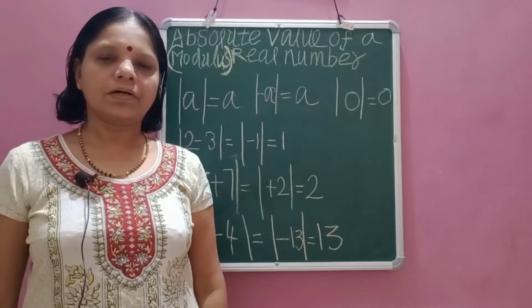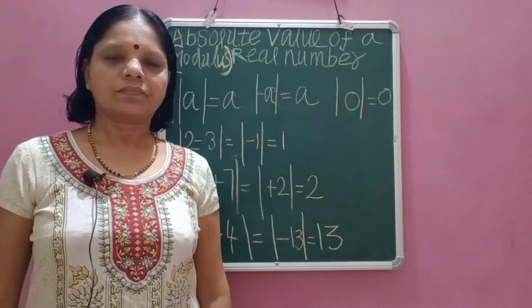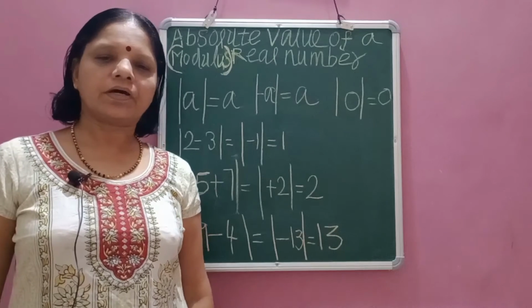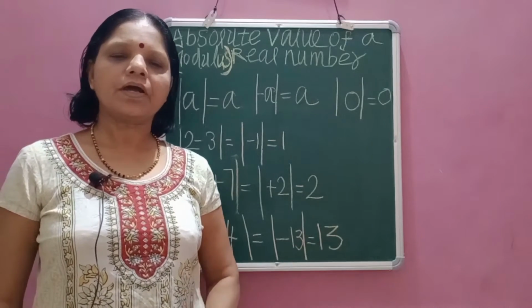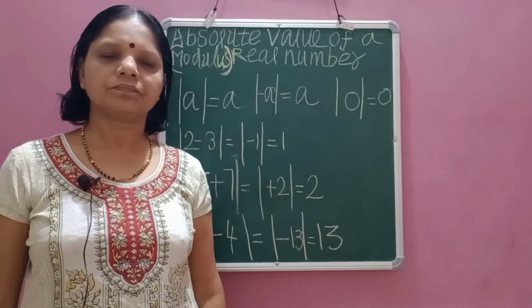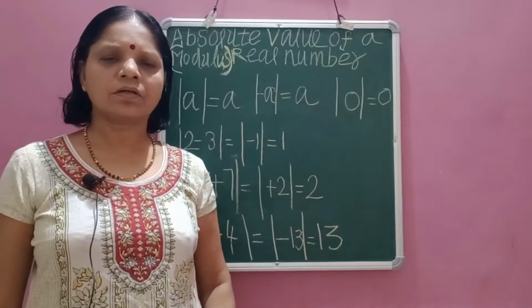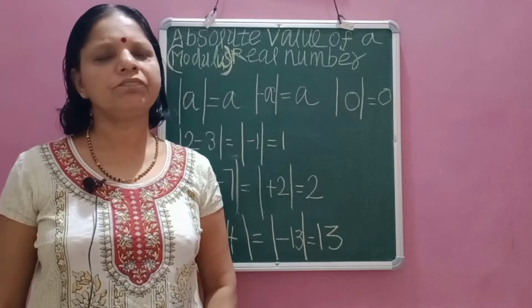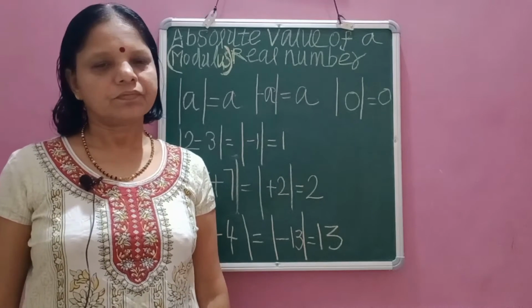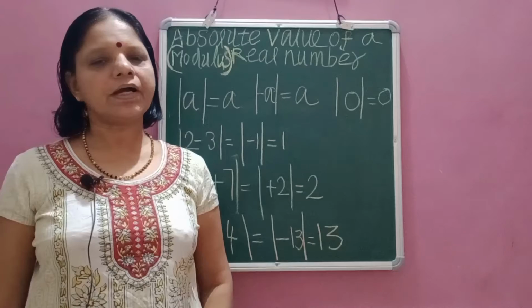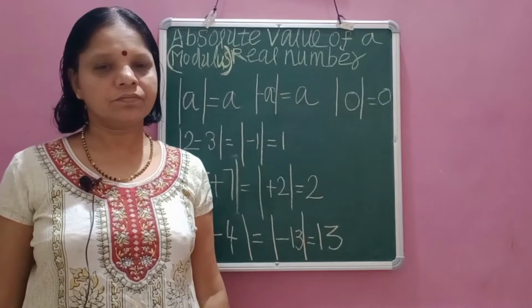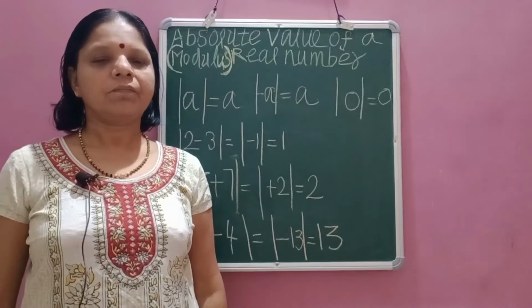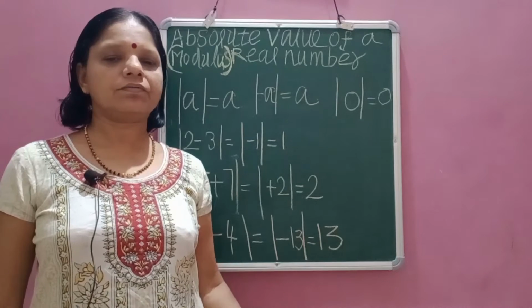In the number line, it is observed that for every number except 0, there are two values for every real number: positive value and negative value. For example, plus 5 and minus 5,